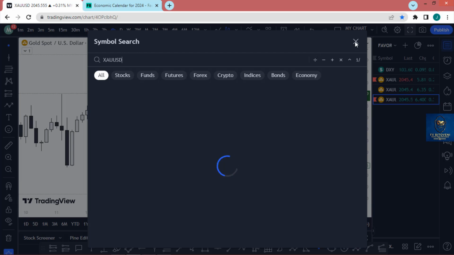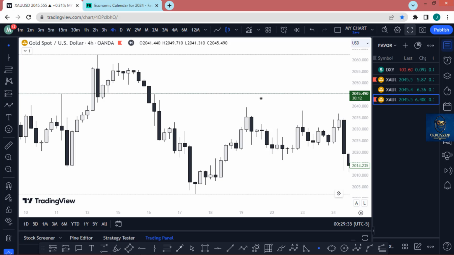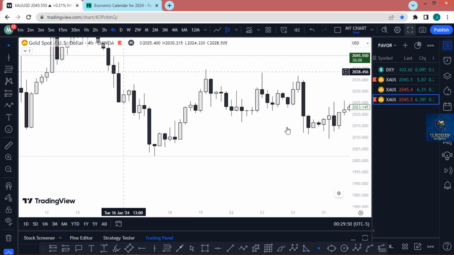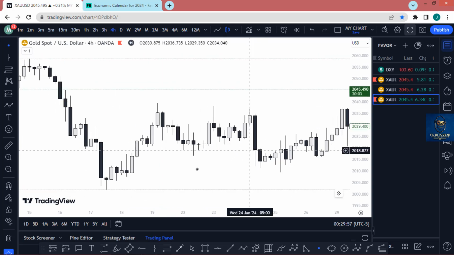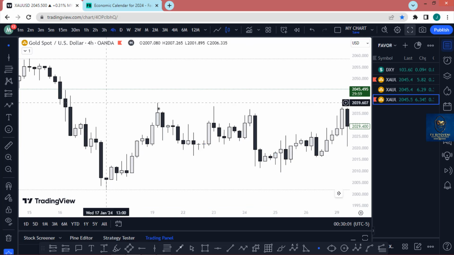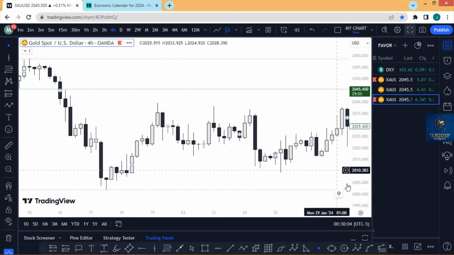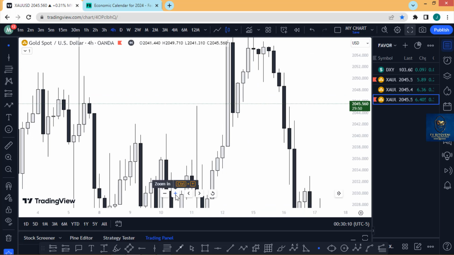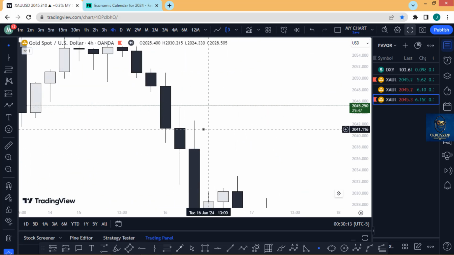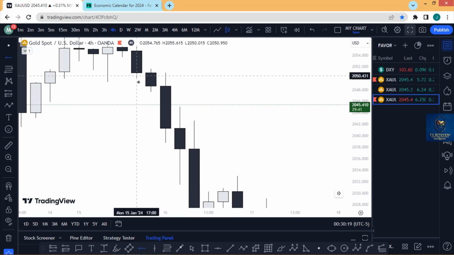I don't see why it's not loading very fast. Problem of network, guys. But what I'm trying to tell you, let's say, for example, a simple sample here. Let's say market is trending down and I want to join the move. Try to look at here. You have one zone here,